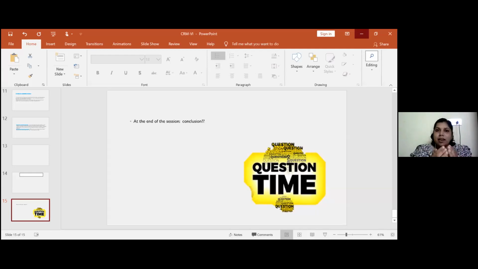The central data identification can be done in three important ways. The first one is the mean. It can also be called arithmetic mean. As you all know, arithmetic mean is also called average. You have to sum up all the values together and divide by the number of values. So it's very simple. Here is a small example of it.